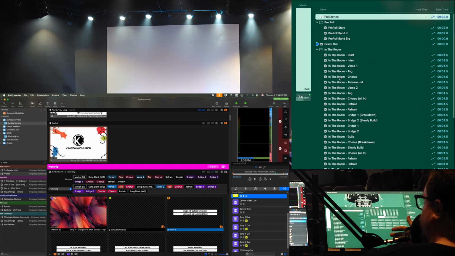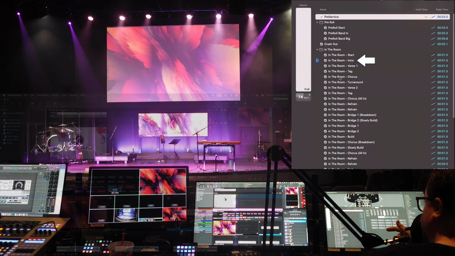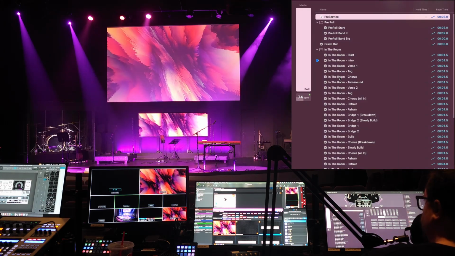Now, since this is our opener song, we don't start on a start cue with the lights down, especially since it's a faster song. It kind of starts right away. So you'll see when I click this slide over here, it's going to go right to the intro. And so as we went through in the past video,